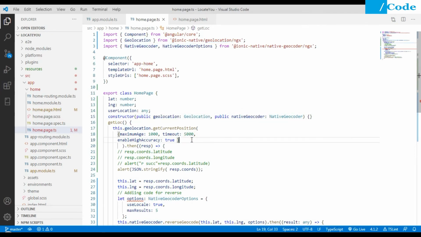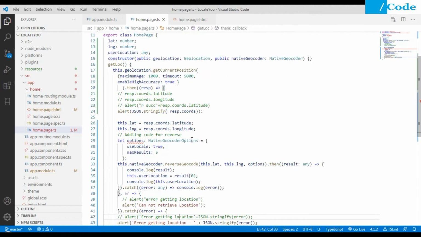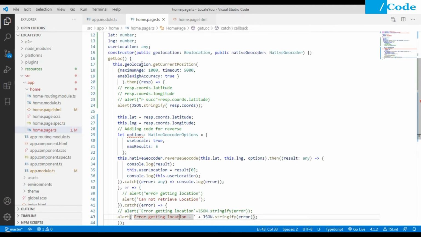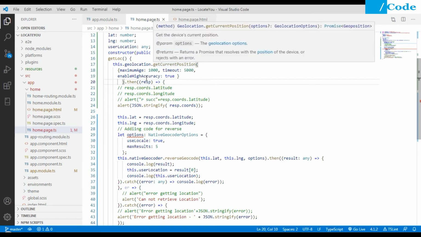After defining the references, we can directly call the function of that geolocation to get the current position. To get the current position, we need to pass the maximum age and timeout with enable high accuracy as true. These parameters we need to pass inside getCurrentPosition. So this function will give me the current position of my device.